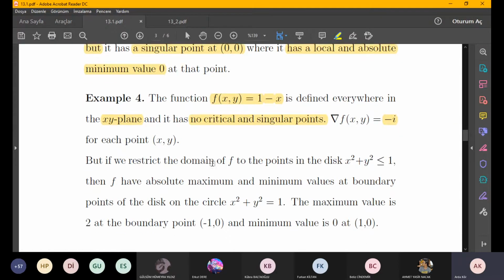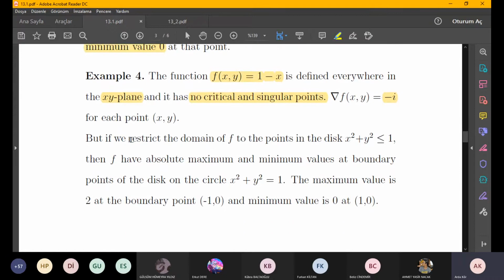But if we restrict the domain of f of our function to the disk x squared plus y squared smaller or equal to 1, then for that restricted domain, f has absolute maximum and minimum value at the boundary points